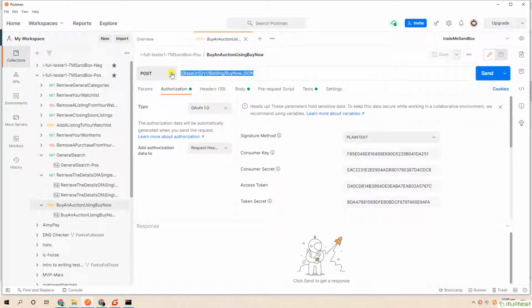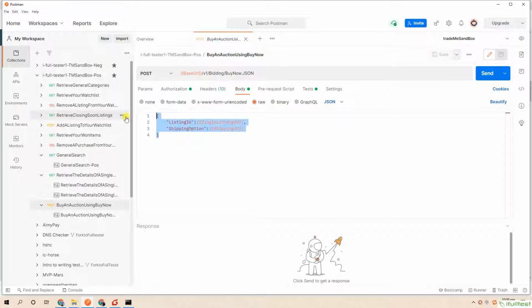Because this is a post request, we choose to assemble the request body here. And field single listing ID is correlated from the response of upstream API general search.